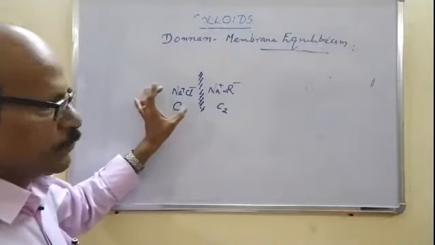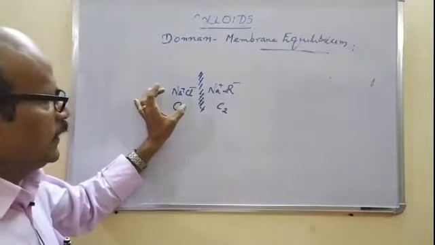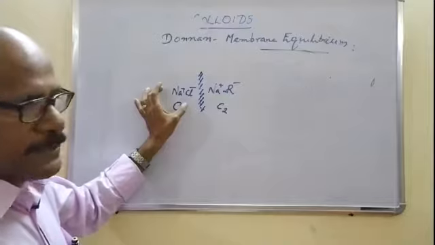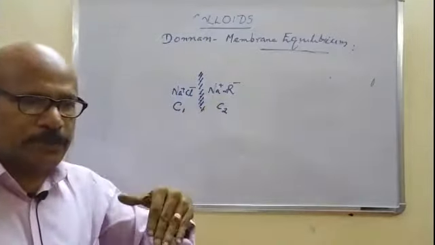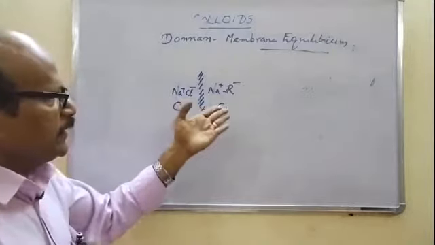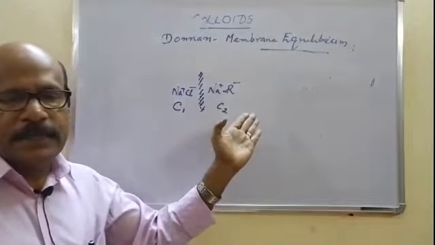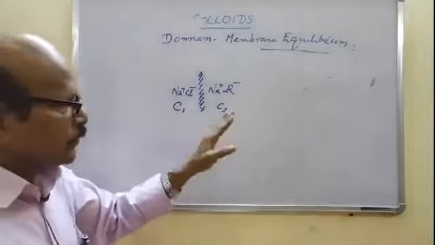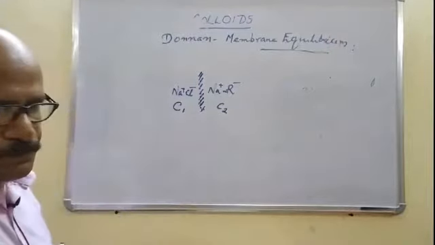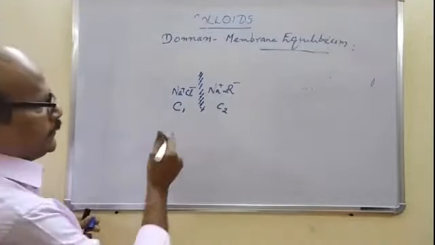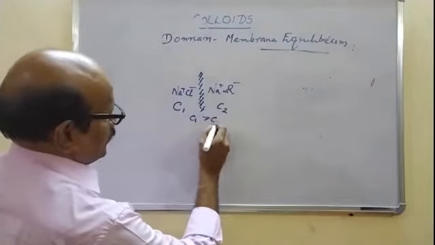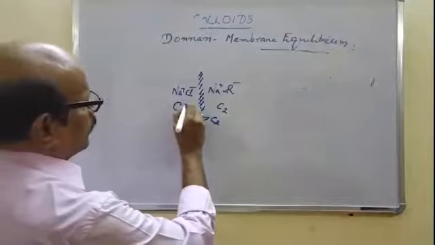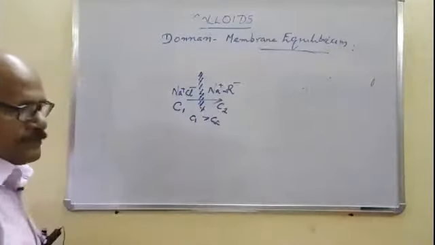One is the sodium chloride solution of concentration C1, in which both sodium and chloride can diffuse through the membrane. On the right side of the membrane, we have a protein solution like Na+R-, in which the R- ion is a large non-diffusible ion, with concentration C2. Assume that C1 is greater than C2, so that the ion will diffuse from left to right.